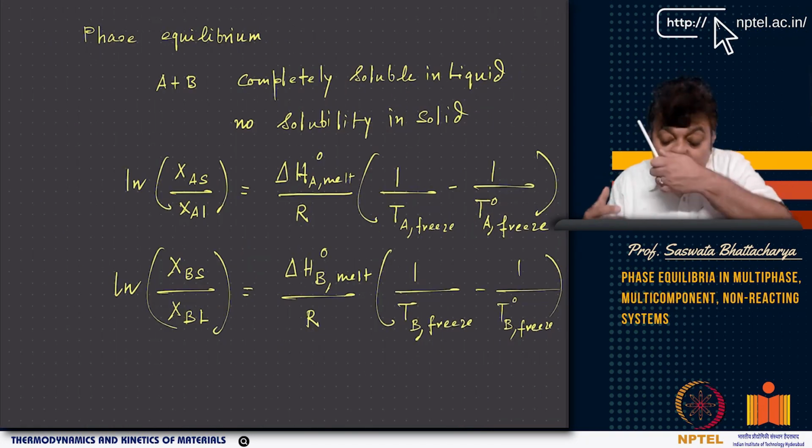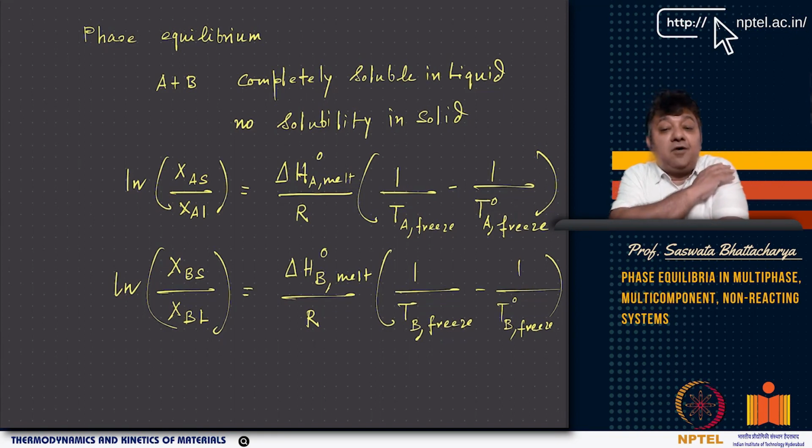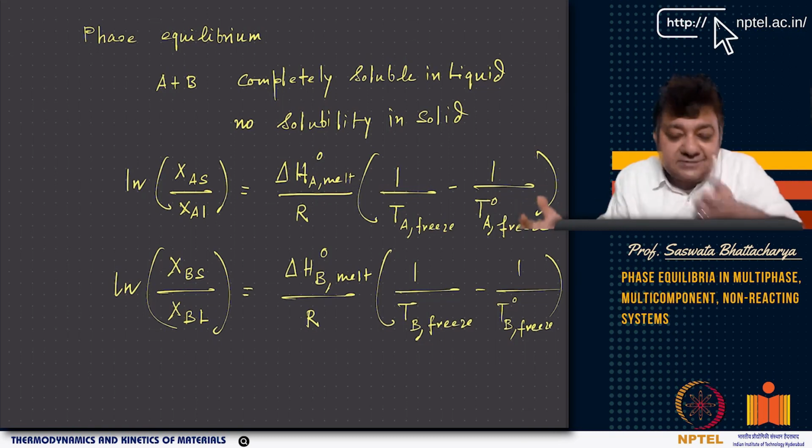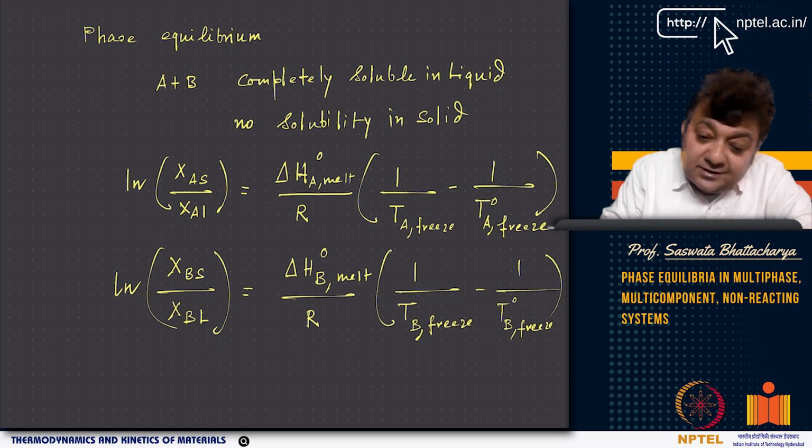If you look at phase equilibrium, now you are looking at all the ranges, right? We did it for an ideal dilute solution, and that is why I did all these derivations, to show you that we have done it for an ideal dilute solution where a very small amount of B is present in A. So A is a major solvent and you have a minority solute.